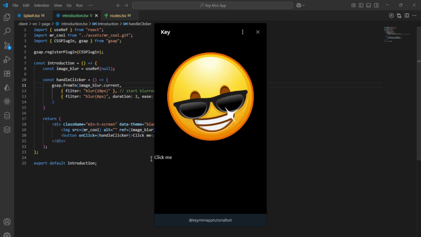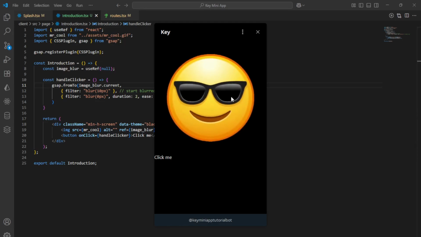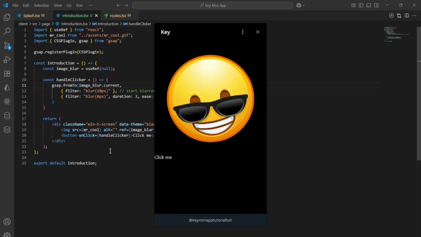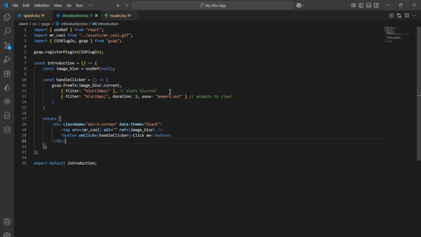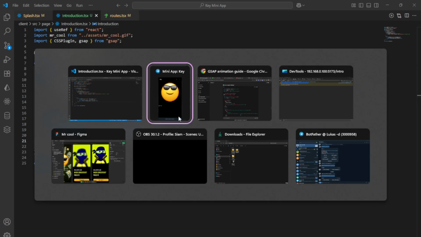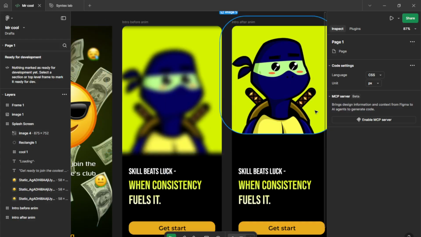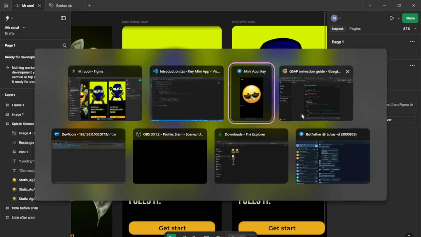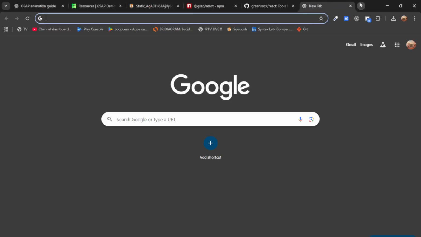So now if I go here and click me, then you can see that it blurs for 2 seconds. So now what I'm looking for actually, I understand that for a bit, maybe not for a bit, I understand a lot about that. So I just search on Google the coolest